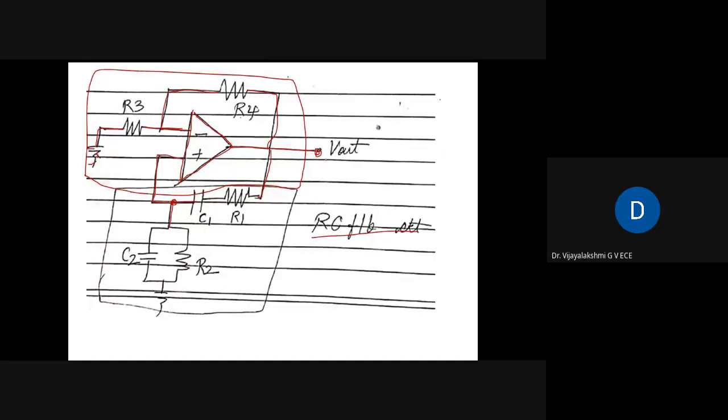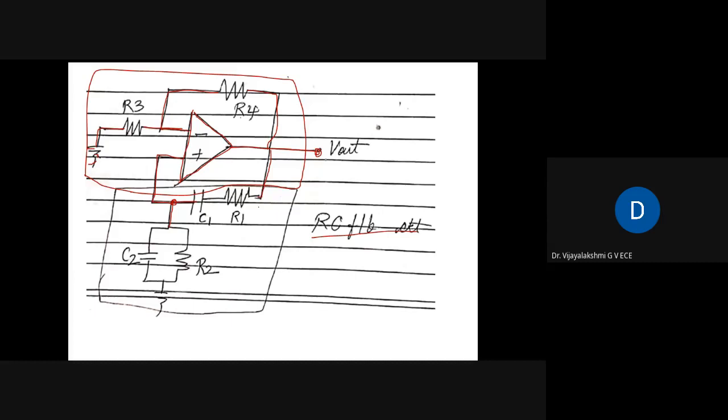Yes, and this is the RC feedback circuit. Now, in the feedback circuit of an oscillator, the total phase shift should be 0 degrees or 360 degrees for the Barkhausen criteria. In the earlier circuit, the RC phase shift oscillator, the amplifier was in inverting mode, so it was giving us 180 degree phase shift. That's how we selected a feedback circuit which was giving us 180 degree phase shift.